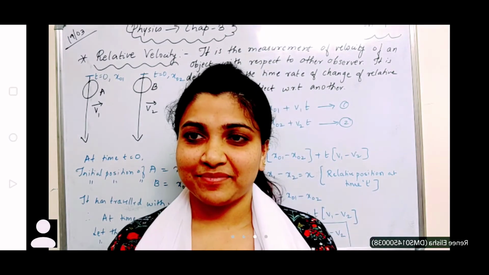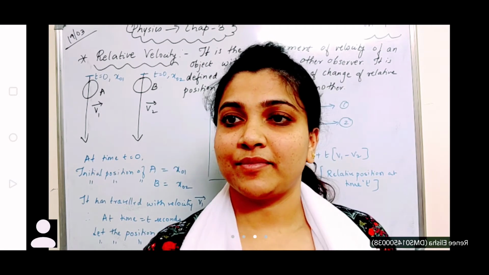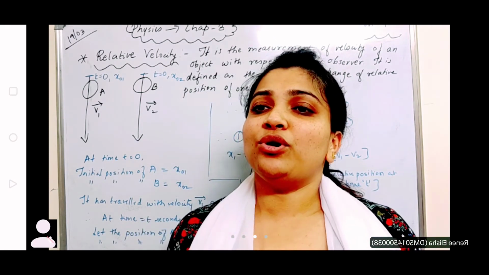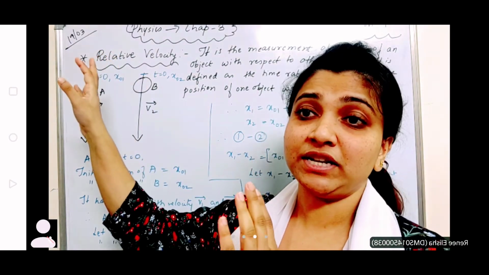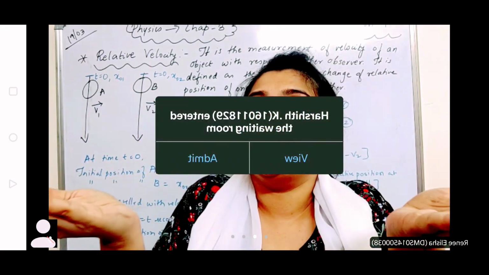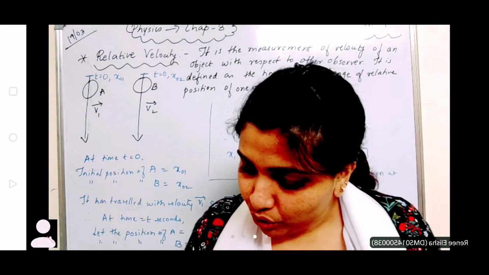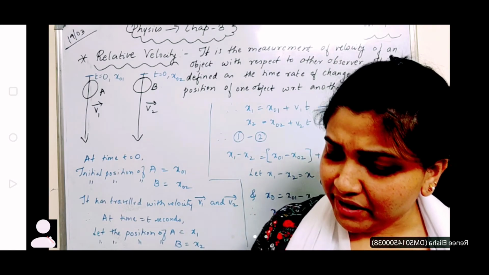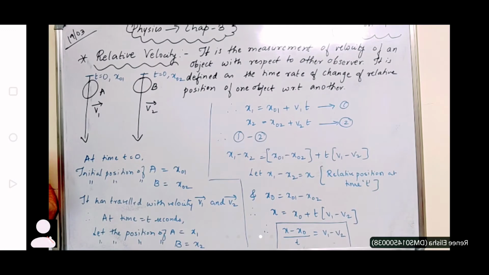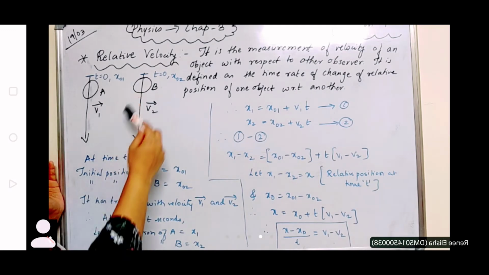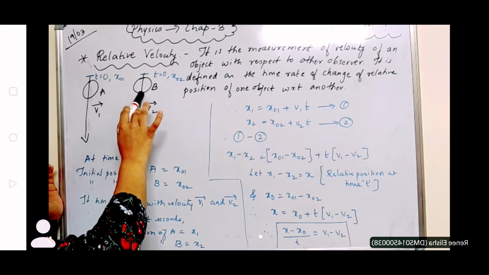It means that when a motion is taken with respect to a frame of reference, we calculate the change in position with respect to that point. Exactly. So whenever I'm talking about relative velocity, it is with respect to two objects. Now let me consider one example here. It is applied when two cars or any vehicles are moving in parallel lines. Suppose there are two cars traveling in a straight line. This is car A and this is car B.